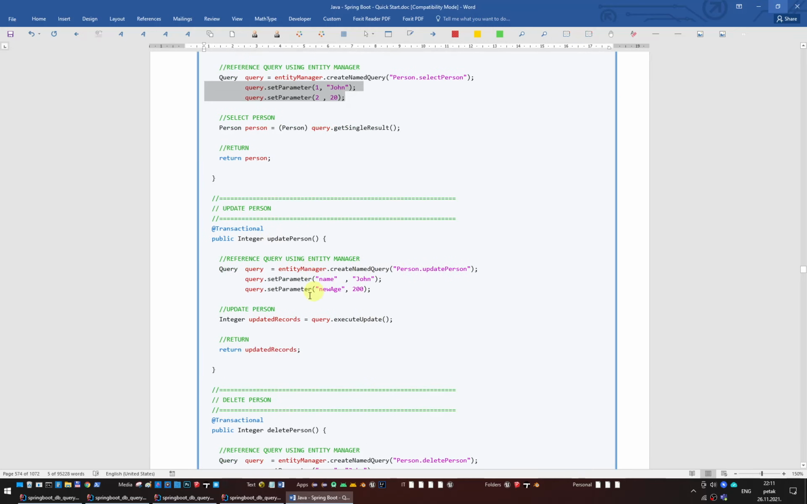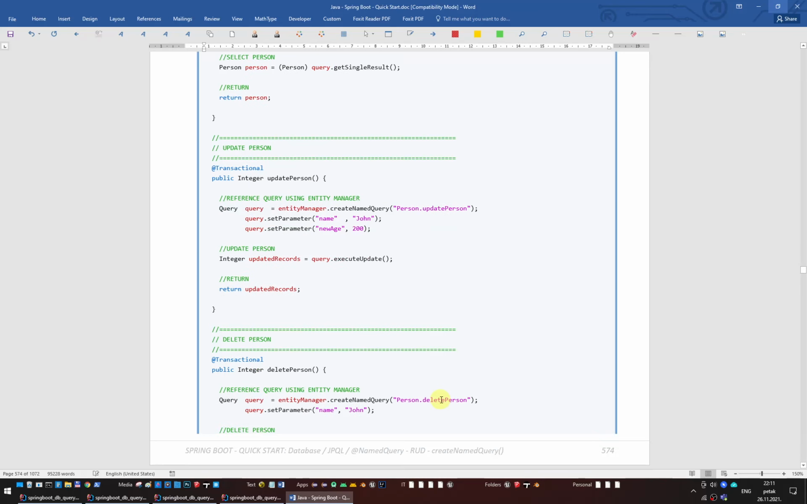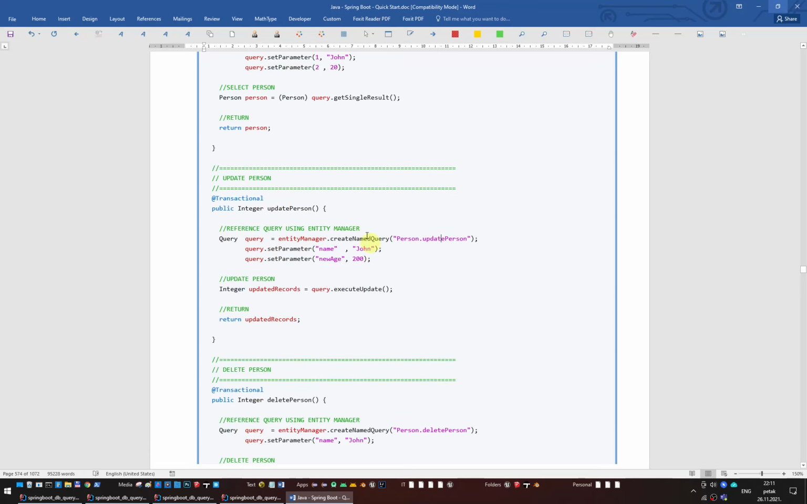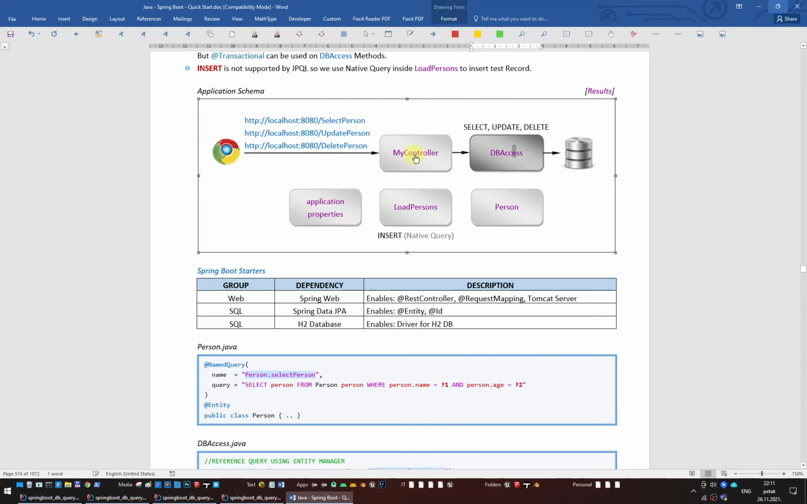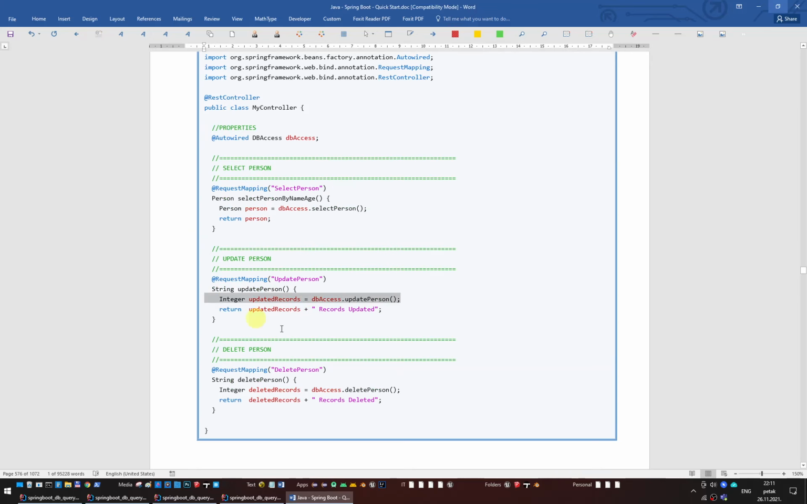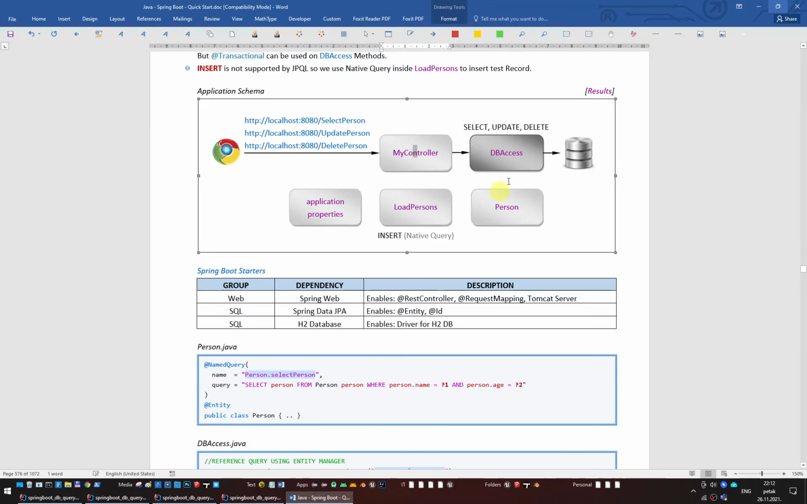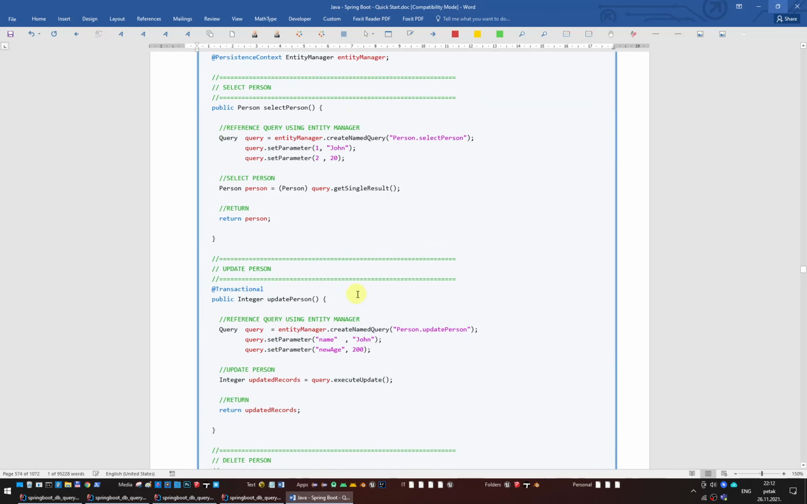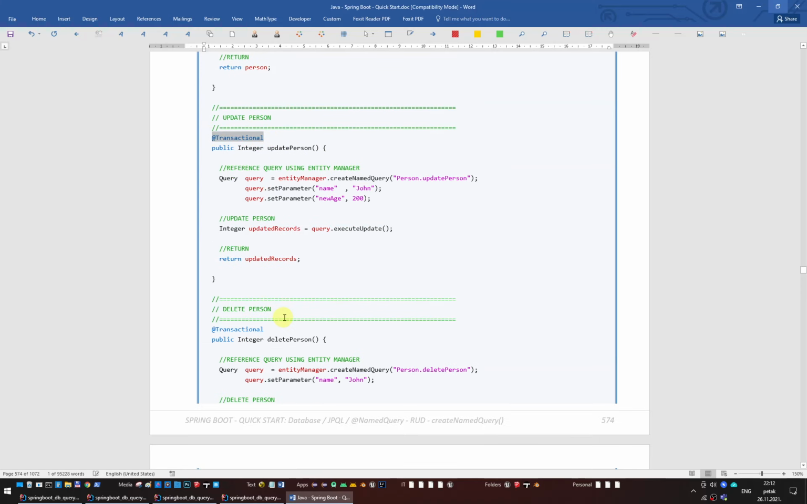Since JPQLs which update and delete contain update and delete statements, they need to be in methods that are annotated with transactional. And since endpoints cannot be annotated with transactional, we couldn't put this code in the controller endpoints, for instance here or here. And this is the reason why we have created this additional database access class, so that we could have methods that can be annotated with transactional,